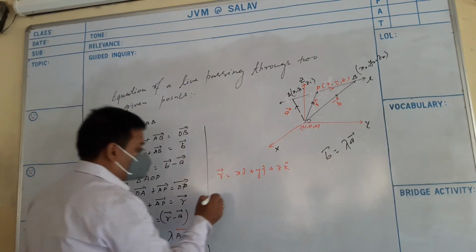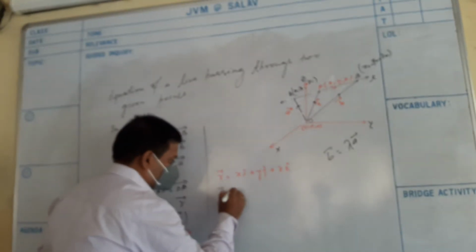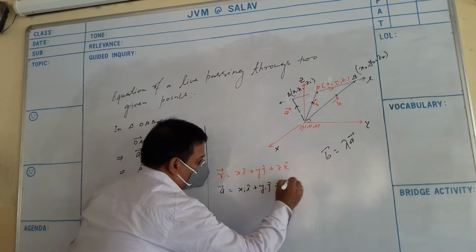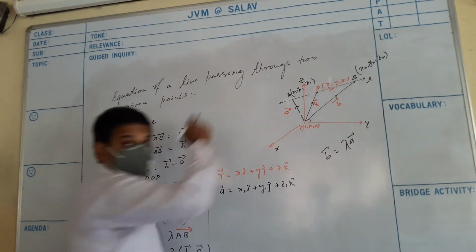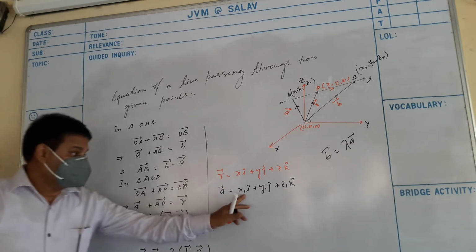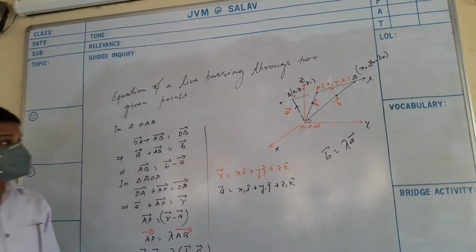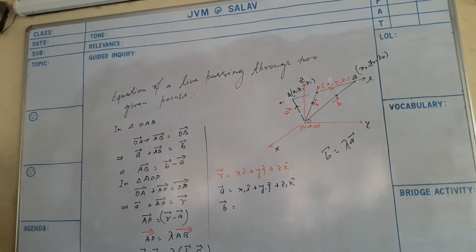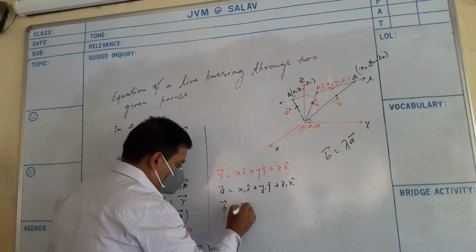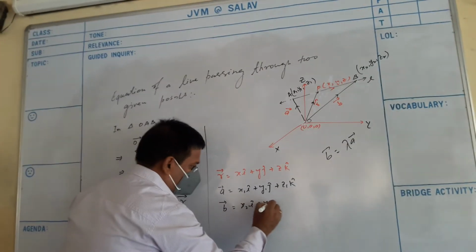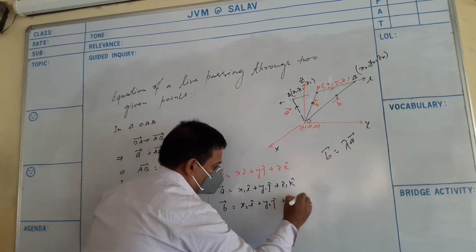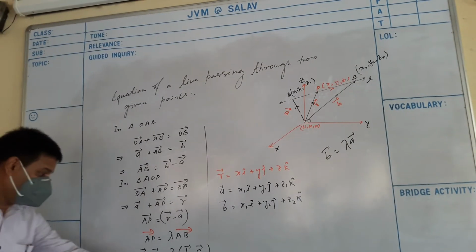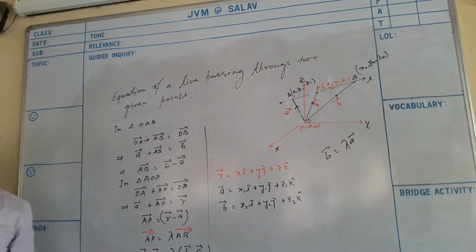Okay. So here vector A is x1i, y1j and z1k. See here x1, y1, z1. What is vector B? x2i, y2j and z2k. Clear? So A you got, B you got and R you got. Now put there